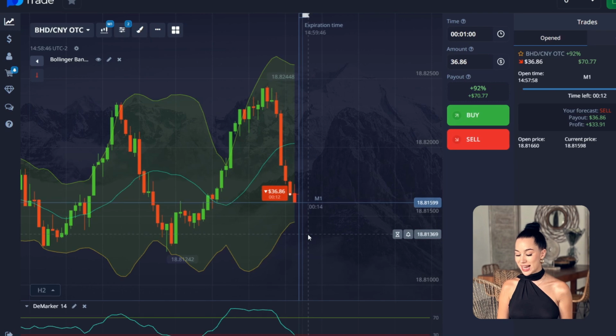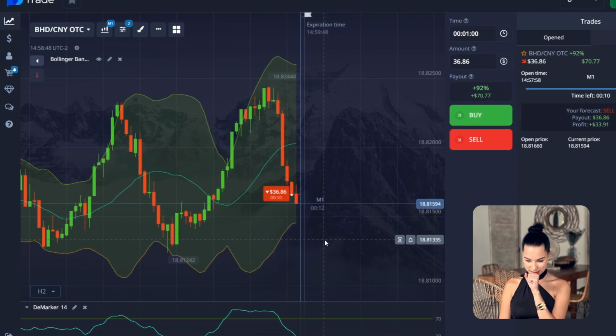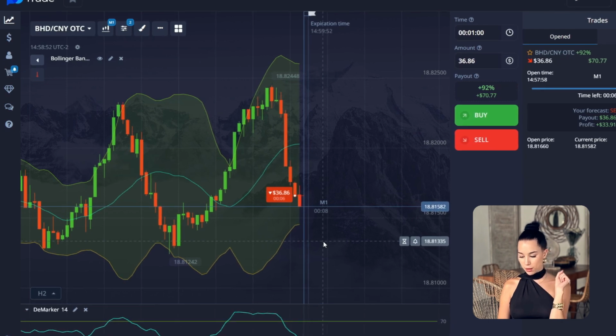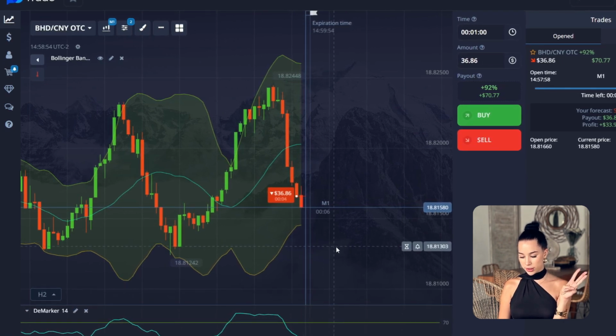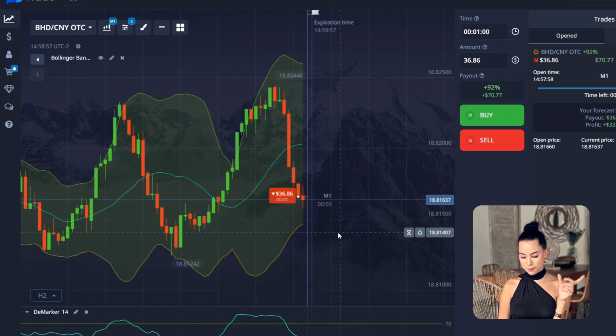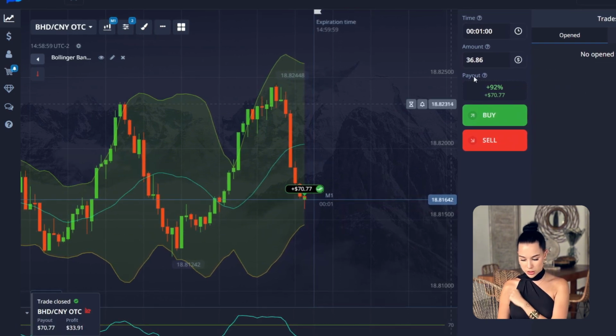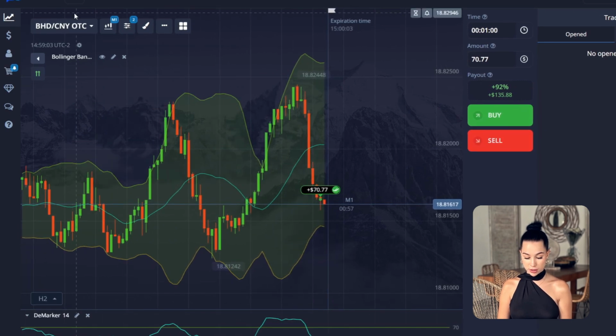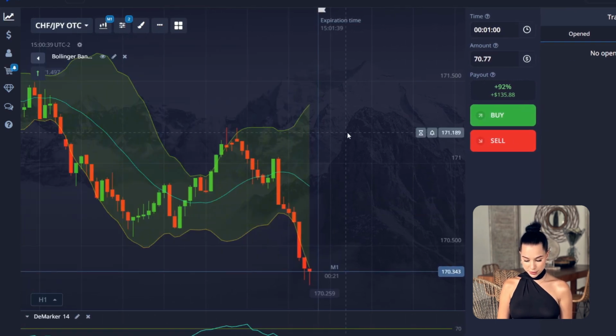So now it's 11 seconds till the end of a trade, guys. Let's see what we're gonna have here, and it's 5, 4, 3, 2, 1. Boom, we close this trade. Even though it was really close, we changed our amount of money per trade to $70. So guys, let's open the next